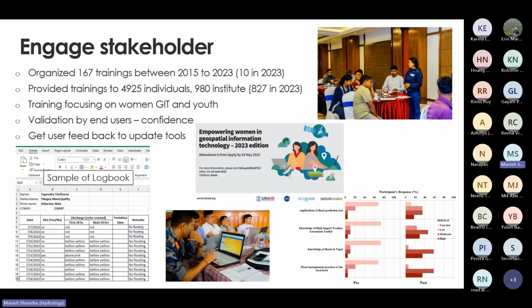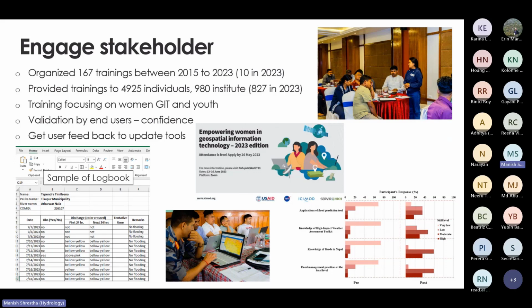One key component, as I mentioned earlier about this project, is user engagement. So we have organized 167 trainings between 2015 and 2023. And in 2023 alone, we have provided 10 trainings to different organizations. We have provided trainings to more than 5,000 individuals in the same time. We have a women-centric training focusing on women who are interested in working on GIS, especially the youth. This is an annual training, and then also